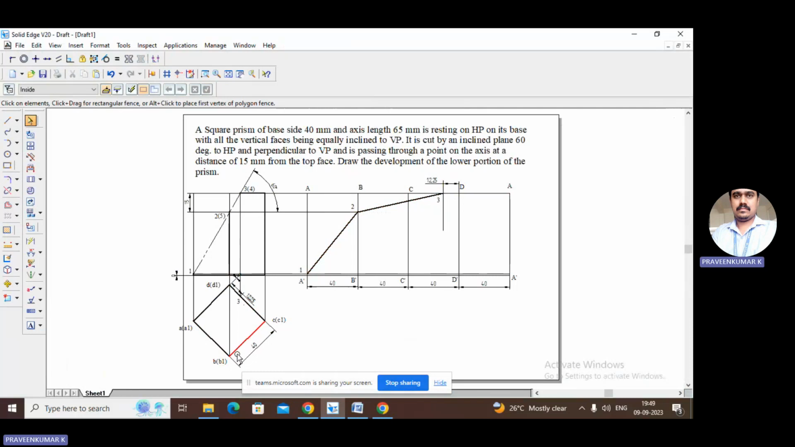We need to mark point 3. Then we need to mark point 4. Sorry, this is point 4. Just extend this line. I'm extending this line up to here and mark this distance. So this distance is the same, 12.25. This is 12.25, lying between B and C. This is my point 3, and this distance is 12.25. The same distance you will get